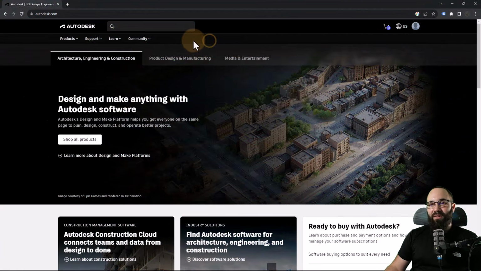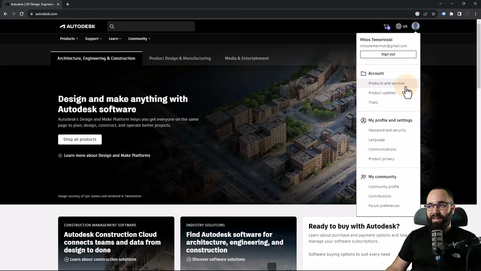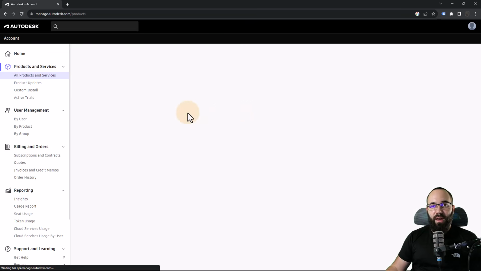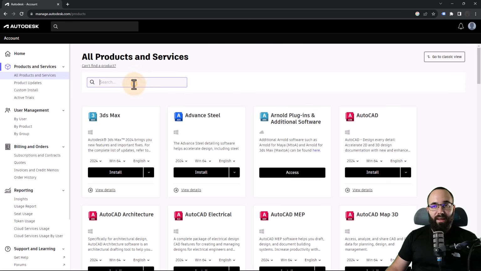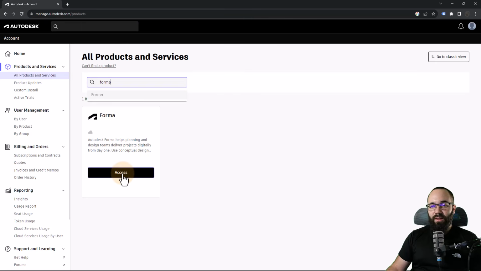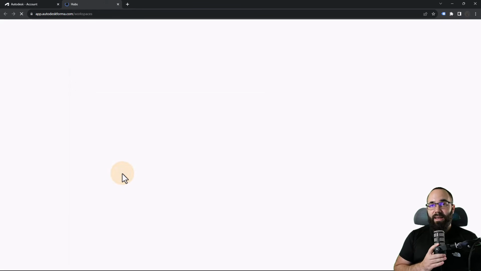So now, without any further ado, let's jump straight into, well, Autodesk.com. So here I am at Autodesk.com. You want to make sure that you're logged in, and then if you open up your account settings, you can go here to products and services, and as long as you have the AEC collection, you should have access to FORMA. I'm not really sure about Revit if you have Revit only, but with the AEC collection you will definitely have access. So here, if I search for FORMA, I'm just going to click access,